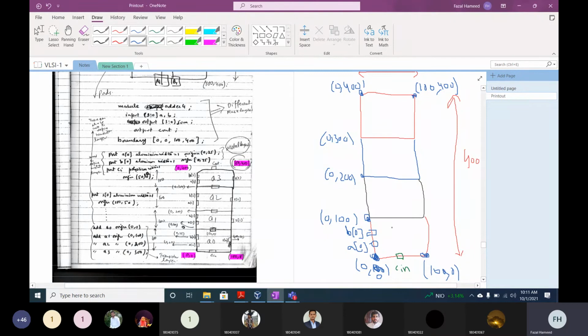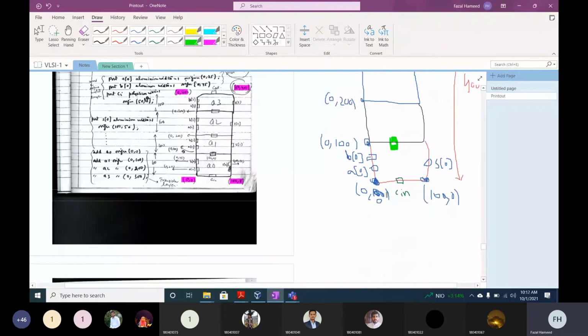If you remember the adder example, did you remember it or not? Yes, sir. Okay, now it will be S0. Let's assume S is your sum, so this is your S0. So the output of this is C out. It is the C out from adder 0 and C in for adder 1. Am I right or not? Right, sir.